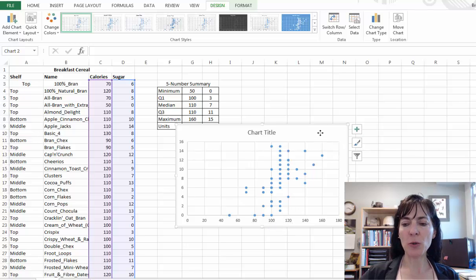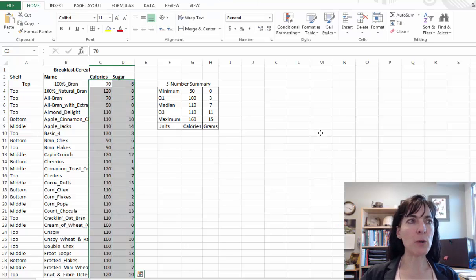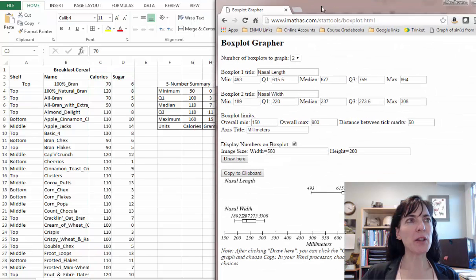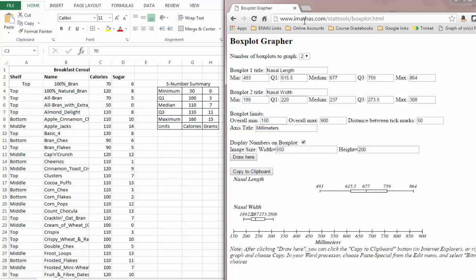If I was going to use this data, I would need to have the 5-number summary for each of the columns. This is for the calories in the cereal, and this is for the grams of sugar in the cereal. So I did a 5-number summary for each, and now I want to bring in the box plot grapher, and this is